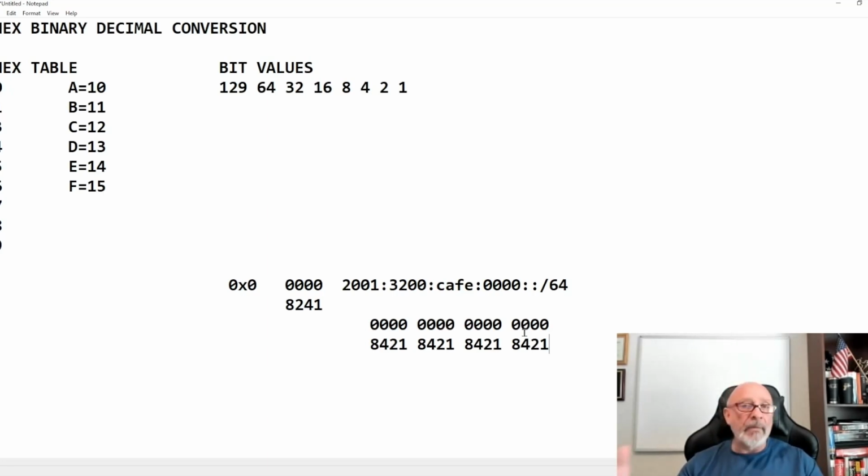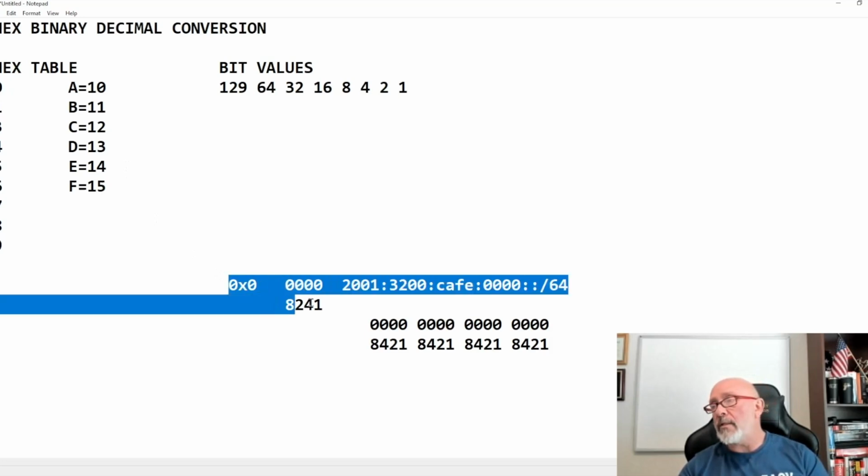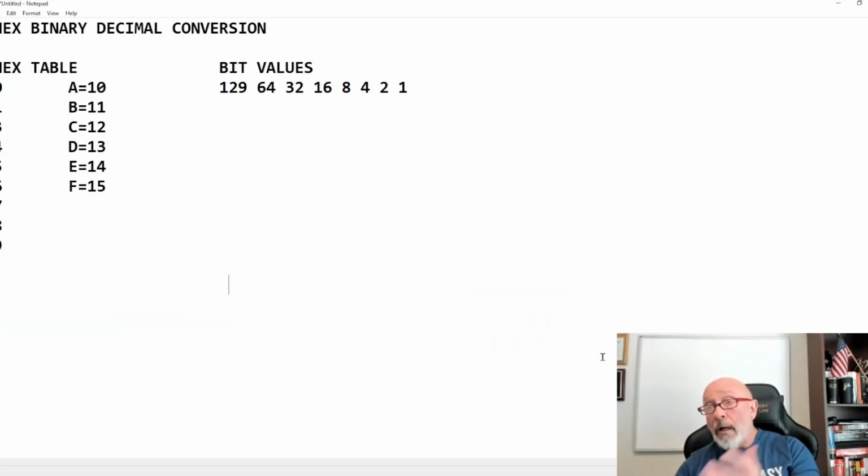In IPv6, when we have leading zeros or zeros that are consecutive, we can truncate them and all that good stuff. But I want you to see, because we can't do this in IPv4, they're decimal. These are hex numbers. So more than ever, we need to understand how to convert it. So let me get rid of this, and I'm going to show you.